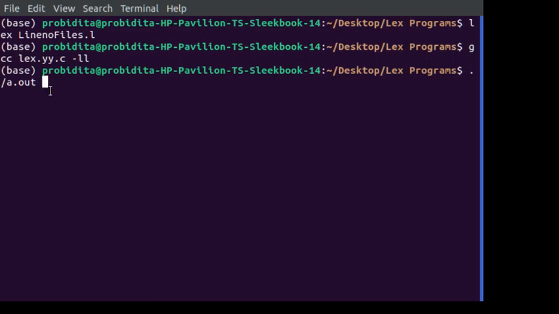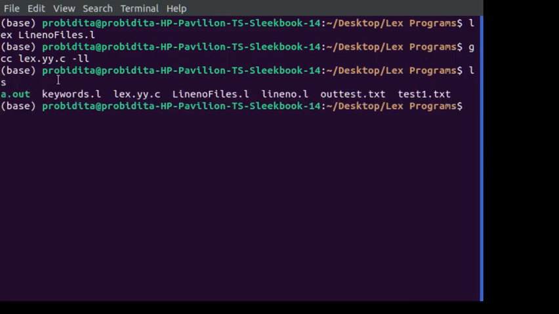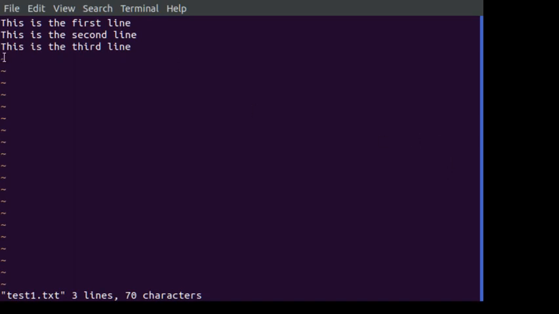Let's look at the file. If I do vi test1.txt, you can see this is what it has: this is first line, this is second line, this is third line.